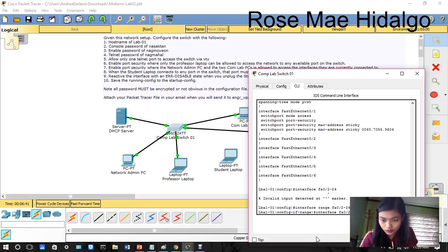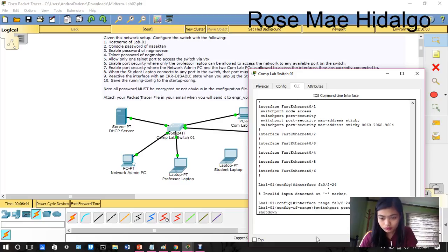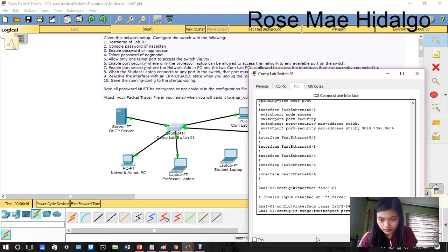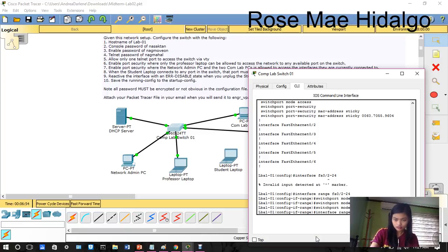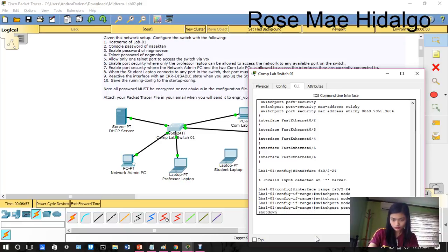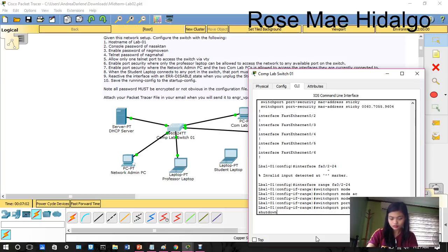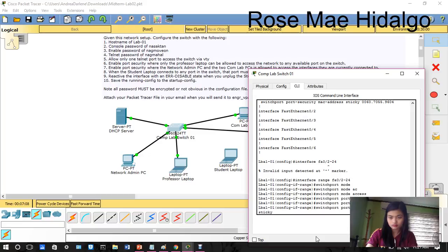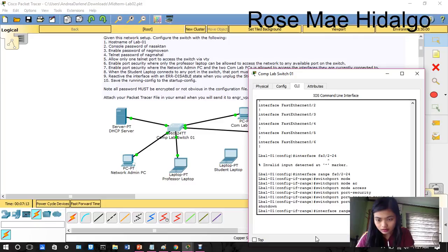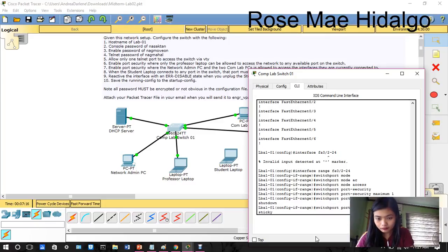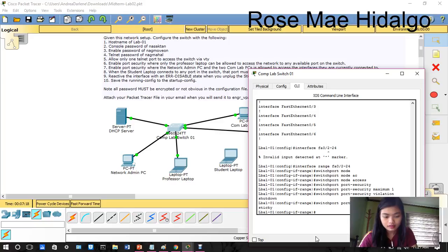Then switchport mode access. Then switchport port-security. Switchport port-security maximum 1. Switchport port-security violation shutdown. Then switchport port-security mac-address sticky. That's it. Then exit.